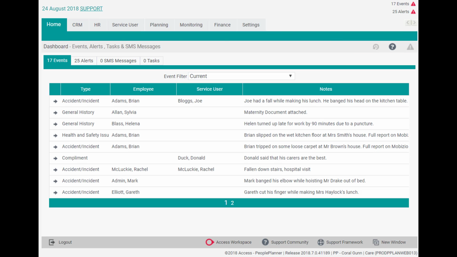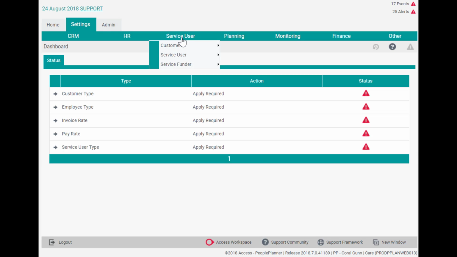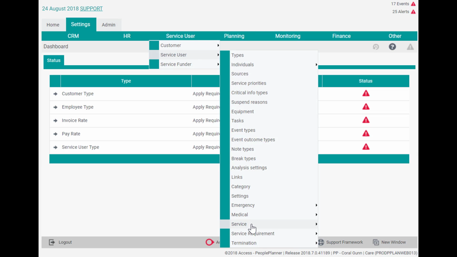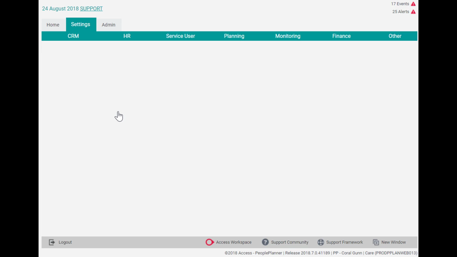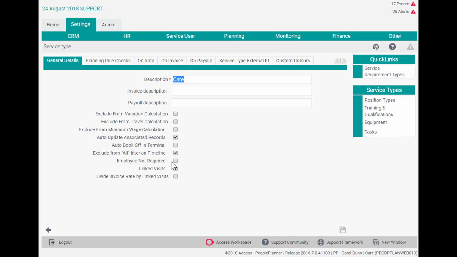In our previous release, we've added features to allow shifts that do not require an employee to be rostered and appear on invoices. These shifts do not need to be allocated to an employee in order to appear in reconciliation. To utilize this feature, you'll need to come to the Settings area, come to Service User, Service, and Types. Selecting the correct service type or shift type, you use the arrow and tick Employee Not Required